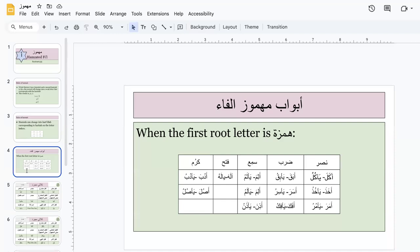And from Fataha, Alaha Ya'lahu. And from Karuma, Aduba Ya'dubu. And from Karuma, there is another one, Asula Ya'sulu. Okay, so keep that in mind, that all the words you may not see them in Quran, but in Arabic